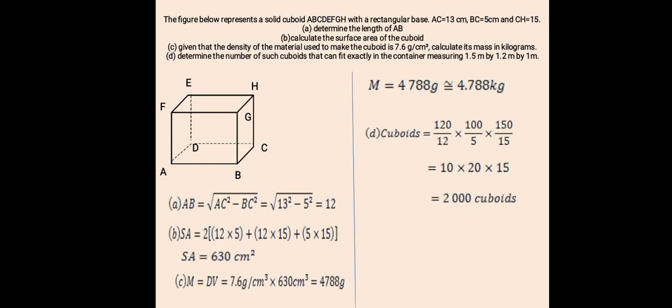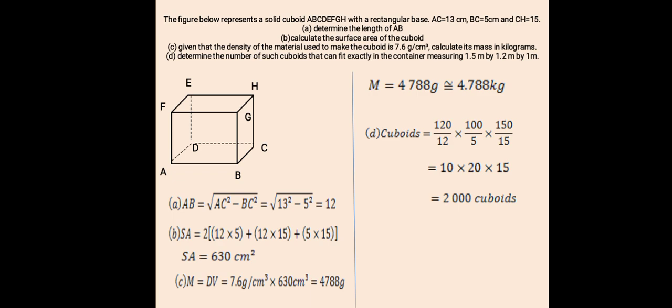Now we can use the Pythagoras theorem to find the length of AB. This will be AC squared minus BC squared, giving us, taking the square root of the answer. This will give us 12